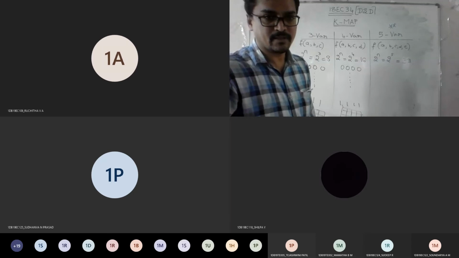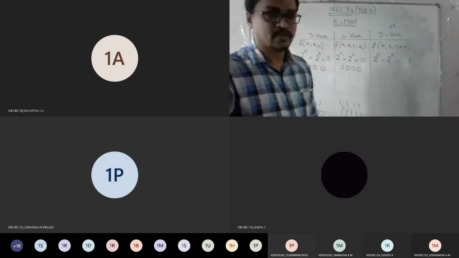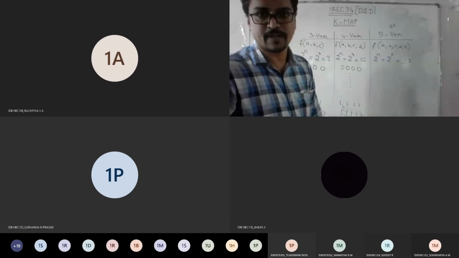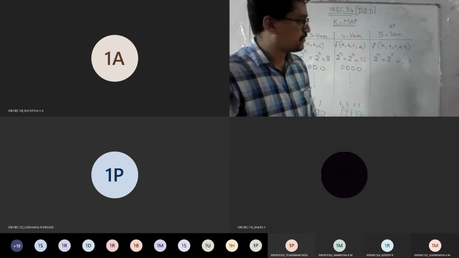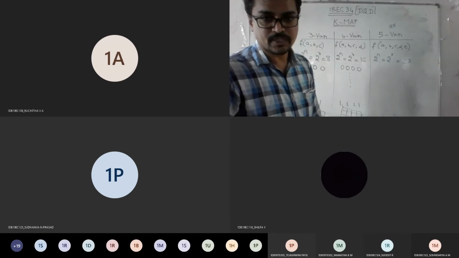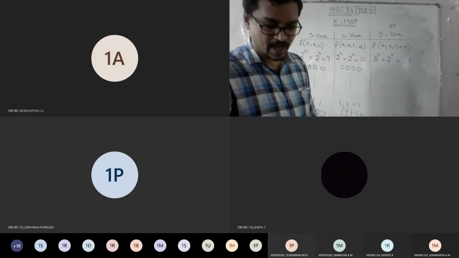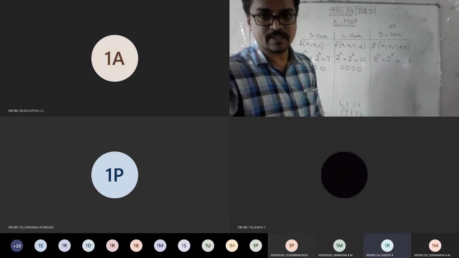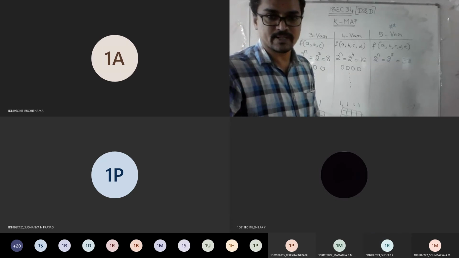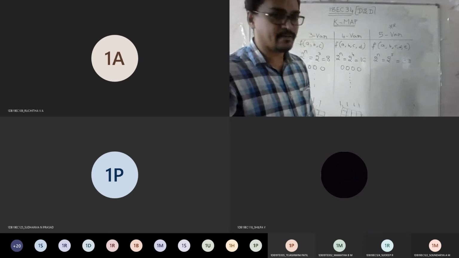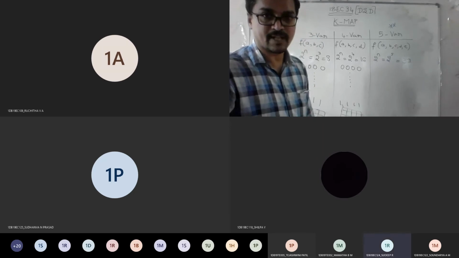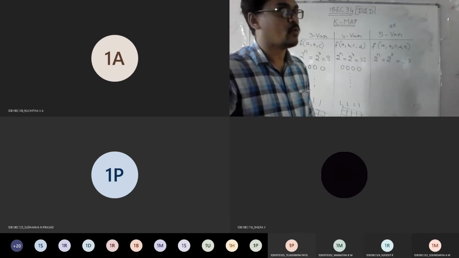We went through three variables, we went through four variables, and now we are going with five variables. We have 32 combinations, but I told you that a K-map with 32 combinations is not possible. So what possibilities can we make use of now? I want an answer from your side. What can be done?